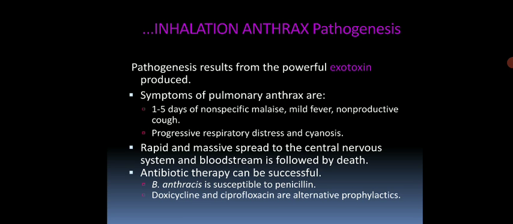In case of pathogenesis, it results from a powerful exotoxin produced, and symptoms of pulmonary anthrax are 1 to 5 days of non-specific malaise as well as mild fever, then a non-productive cough as well as progressive respiratory distress and cyanosis, and a rapid and massive spread to the central nervous system and bloodstream is followed by death. Antibiotic therapy can be successful. Bacillus anthracis is susceptible to penicillin, and doxycycline and ciprofloxacin are the alternative prophylactic measures, the drugs of choice that can be used to treat this kind of